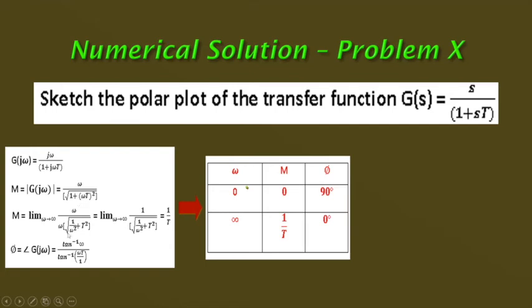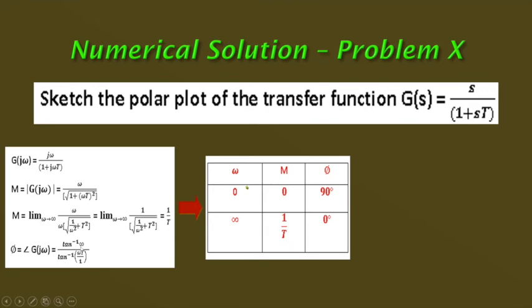So that's why we take omega common from the denominator, then we get 1 by root over omega square plus t square. Then omega and omega cancel. Then you put omega equal to infinity. Then this part is 0, root over t square. That means 1 by t. Then we get this magnitude is 1 by t.